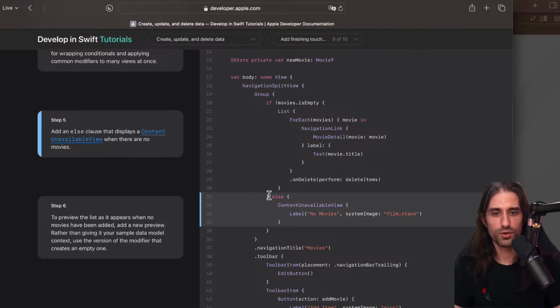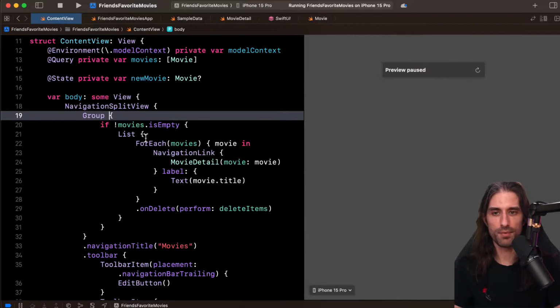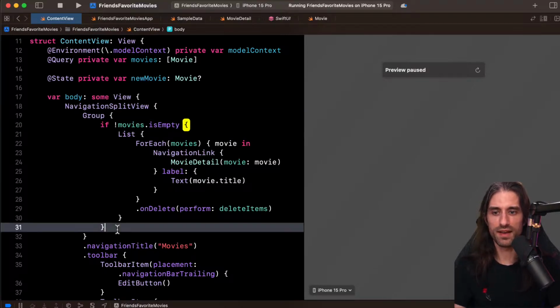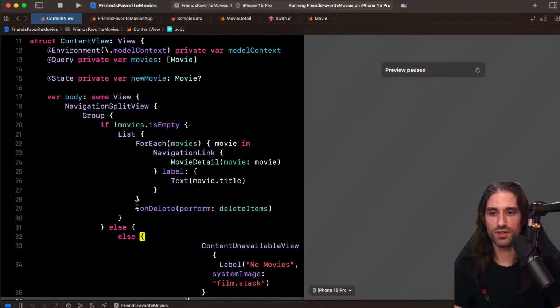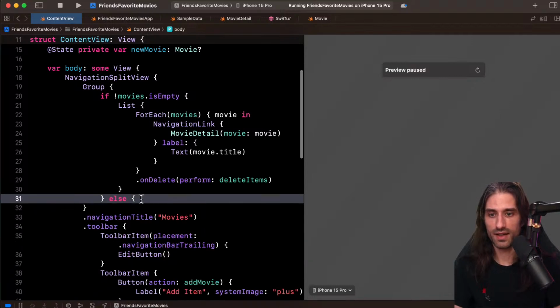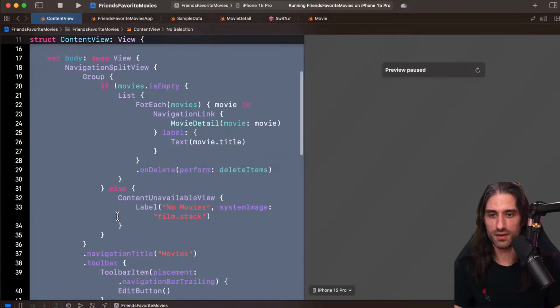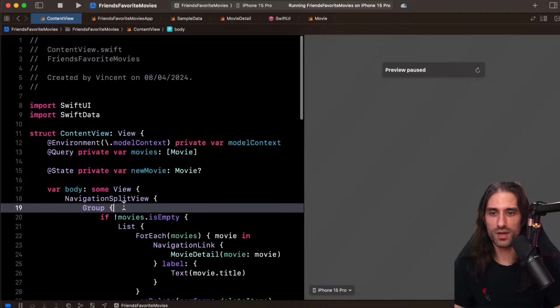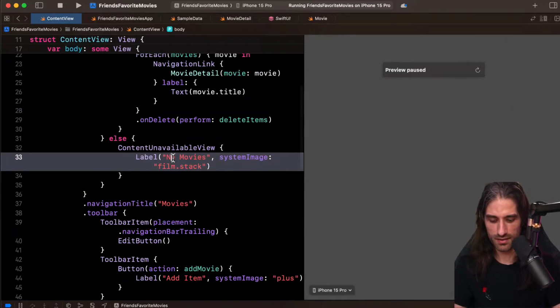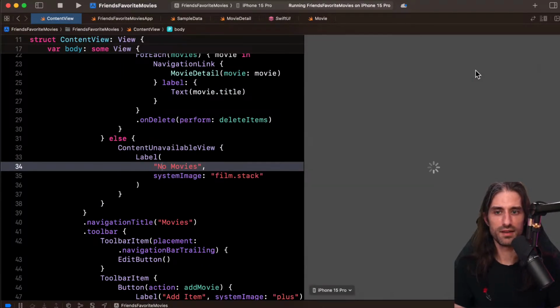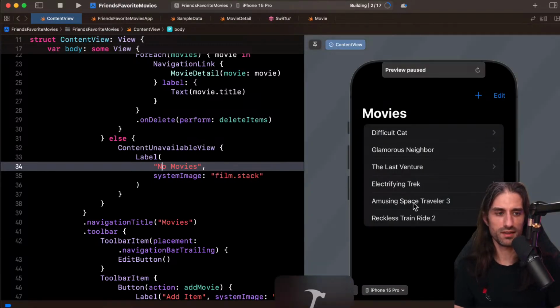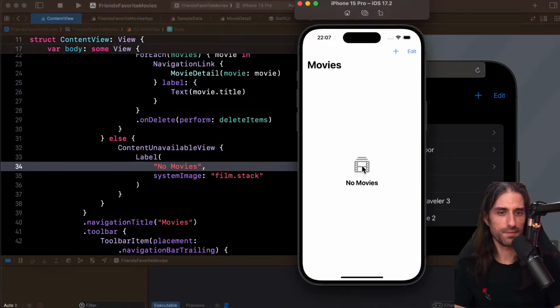Okay, so yes. The content unavailable view is indeed the new view from Apple. I don't remember that you had to do the if else manually. That's why I was a bit confused. Okay. Actually, the else was already copied and pasted. All right. Let me realign everything, split across several lines, and relaunch the preview, or rather the app in the simulator, because we have data stored here. Okay, so we have no movies like that, and you can see that the content unavailable view is indeed pretty nice.